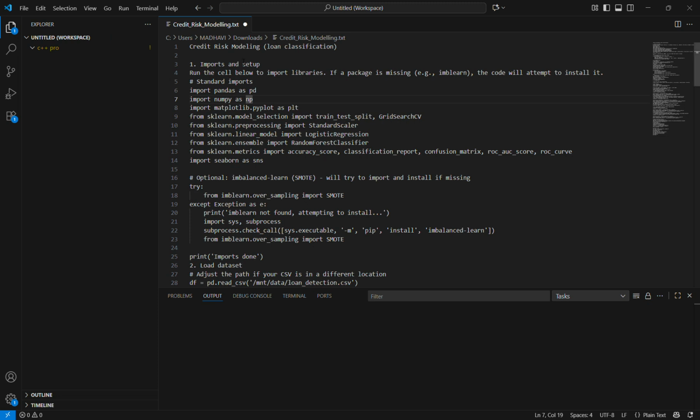So today I am going to present my project on credit risk modeling loan classification. The main objective of this project is to predict whether a loan applicant will repay the loan or not. This is very important for banks because it helps them reduce financial risk and make better decisions while approving